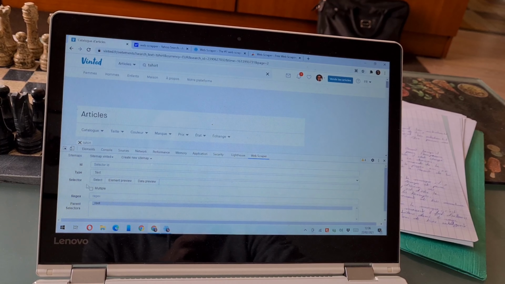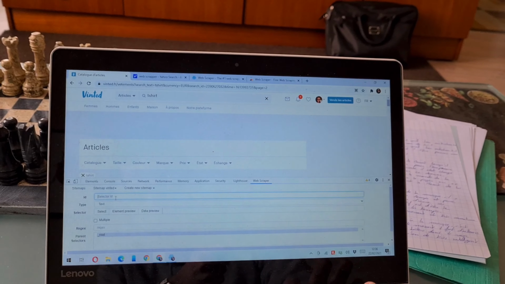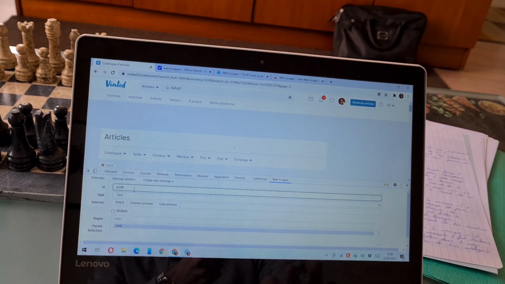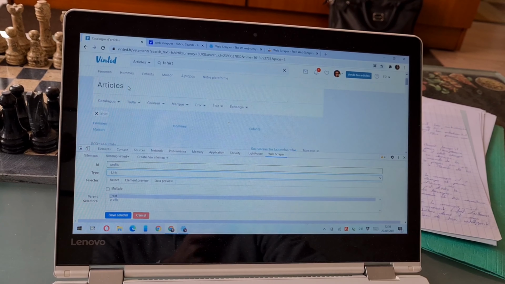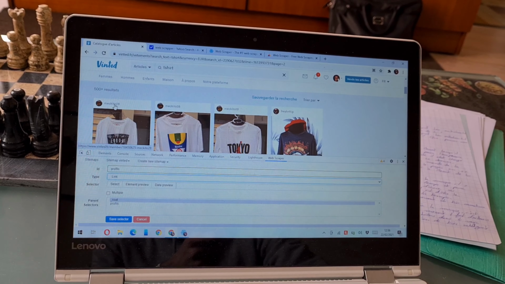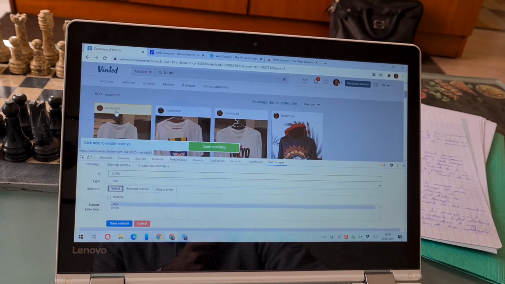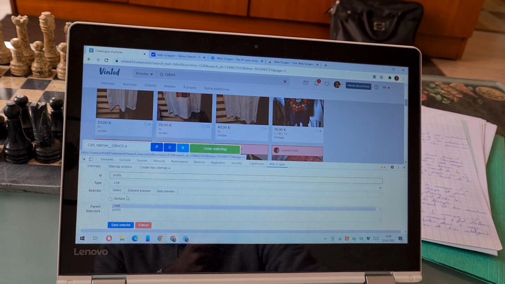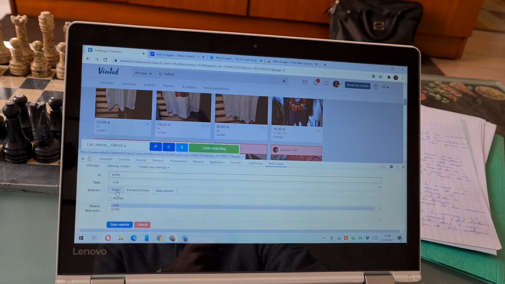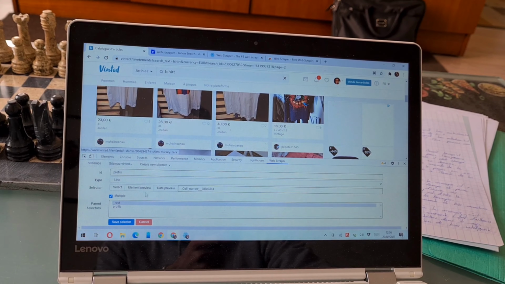Now you have to add new selectors. We'll call it profiles. The type is link because we want to click on the profiles. So we do select, and you have to select 2 times to select all. So it's done. You click on multiple, very important, and save selectors. Oh, sorry, you have to do done selecting. Alright,